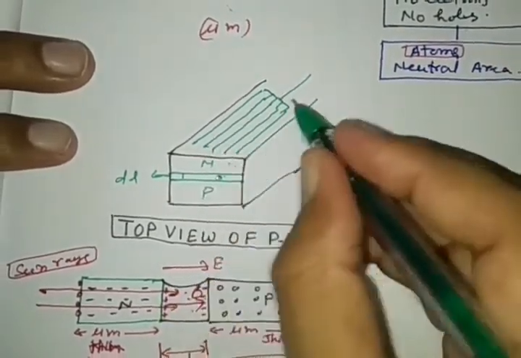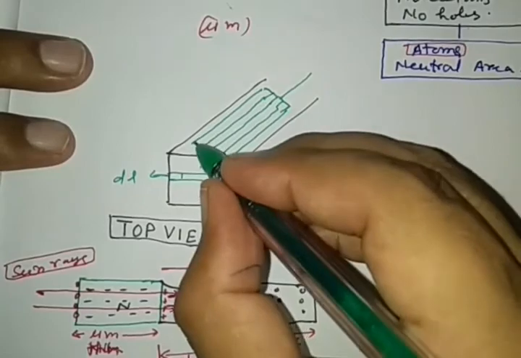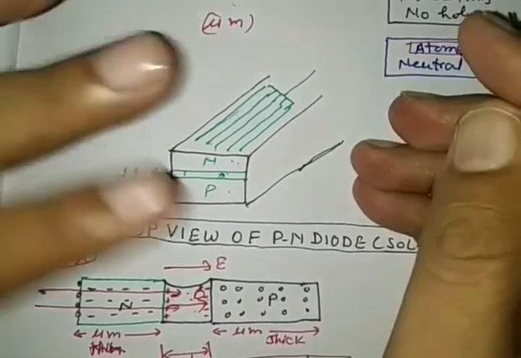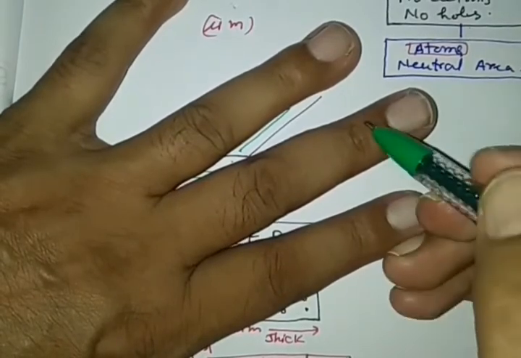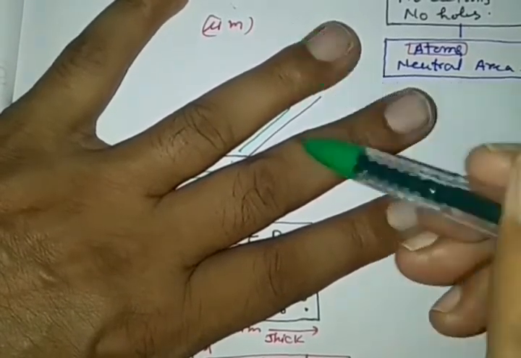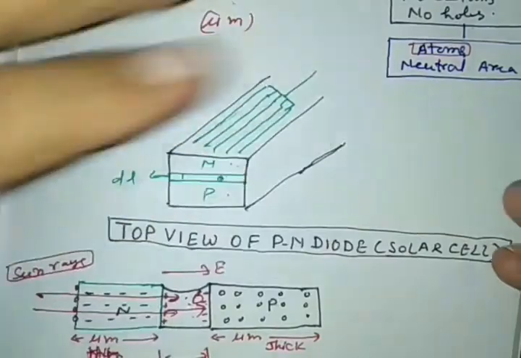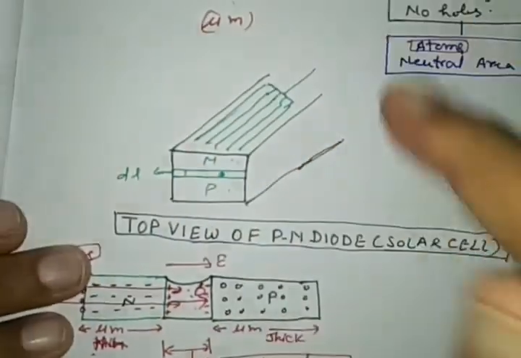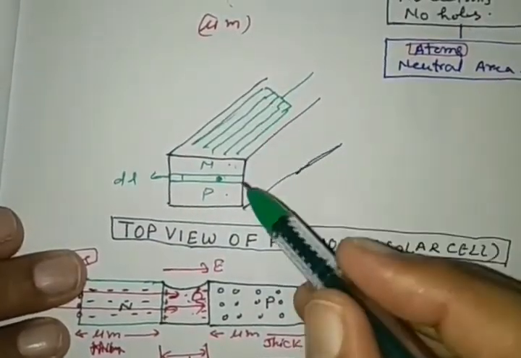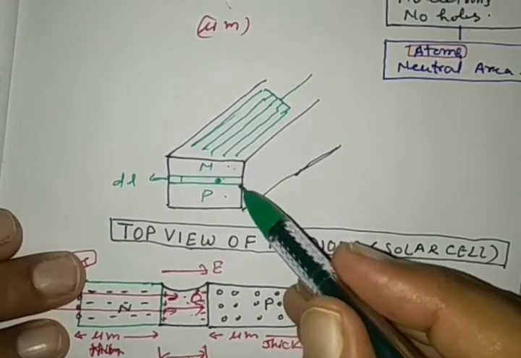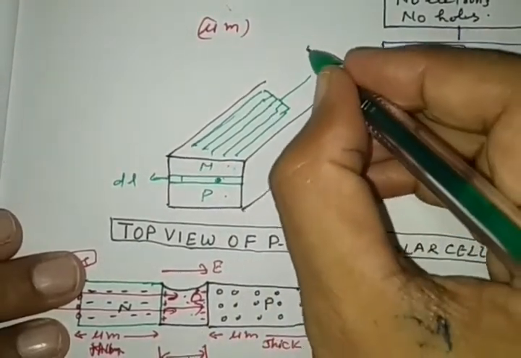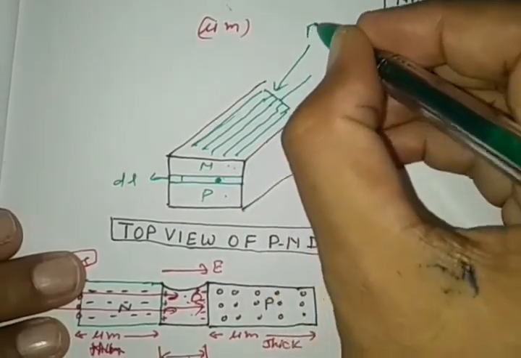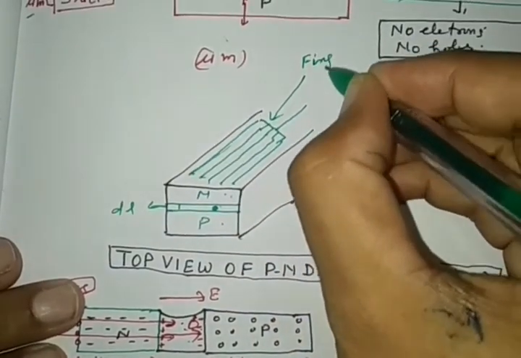See, this is the top view, top surface, where the silver layer is in the form of fingers. The fingers are kept in such a way that space is provided to let the light enter inside. Otherwise, if it were completely covered with silver, light could not penetrate and reach the depletion layer. So on a solar cell, there are finger type, finger shape silver layers.